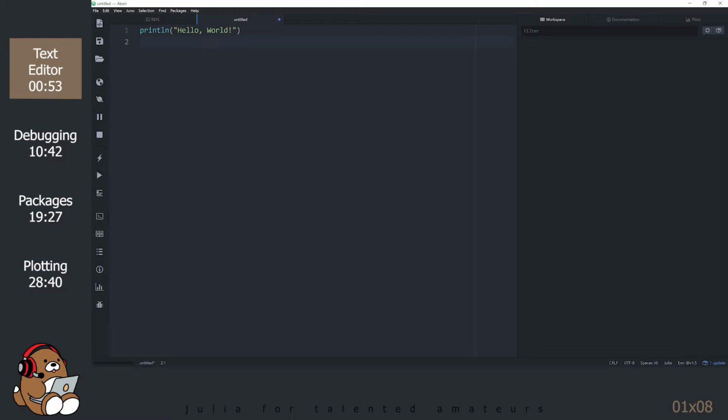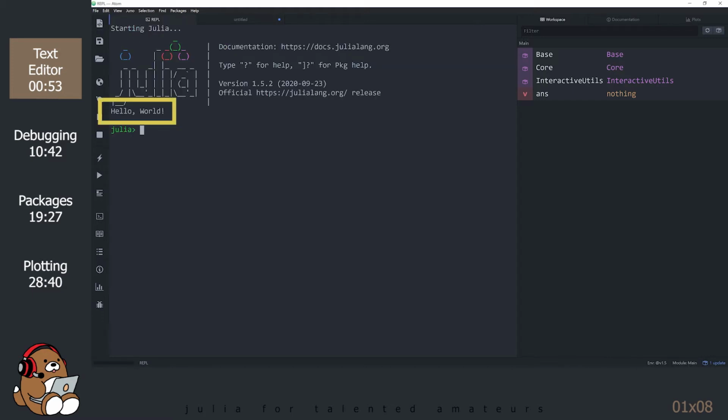In order to have Julia read your code, evaluate your code, and print a result, simply select the line or lines of code to evaluate, and click on the icon that looks like a lightning rod. This process is called running your code, and the keyboard shortcut is Shift-Enter. So what happened? A checkmark appeared, but it didn't print Hello World. Or did it? Take a look at your REPL. Julia printed Hello World in your REPL.